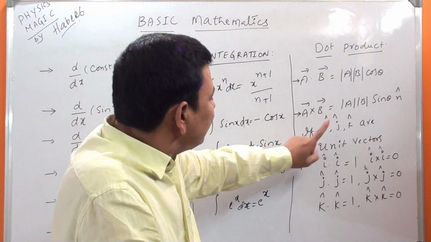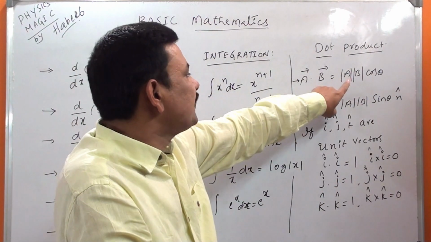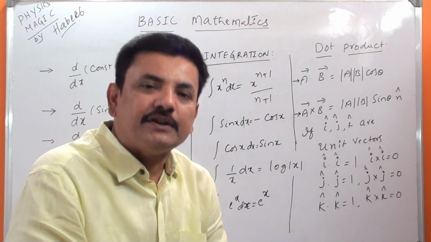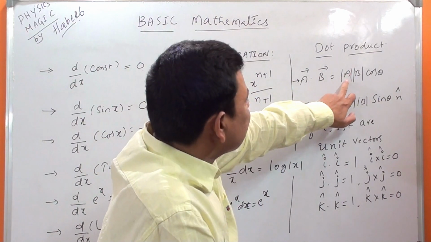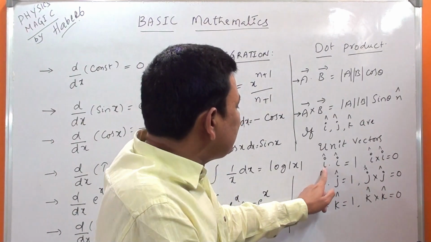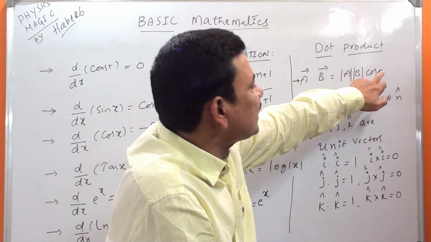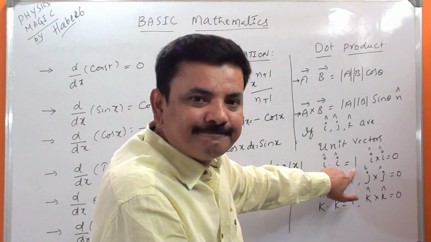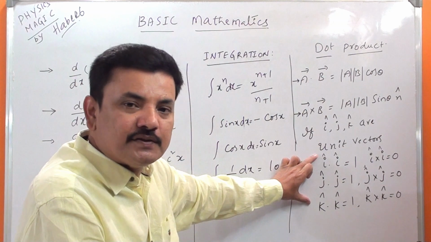Then in that case, you know well, here i dot i is equal to 1. The reason is, if you substitute in this formula, modulus of i is 1 only, because it is a unit vector. Unit vector means whose magnitude is equal to 1 only. So it is 1, it is also 1 only, and theta, between two same vectors, theta is 0. Then if you substitute theta 0, cos 0 is 1. So if you do all this, you will be getting 1. If you take the cross product, you will get 0. So how important these formulae are, you just remember.